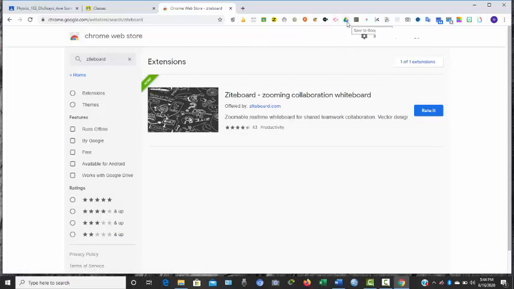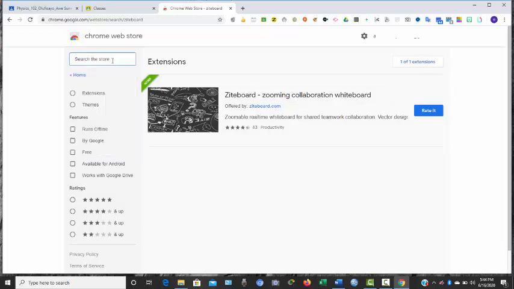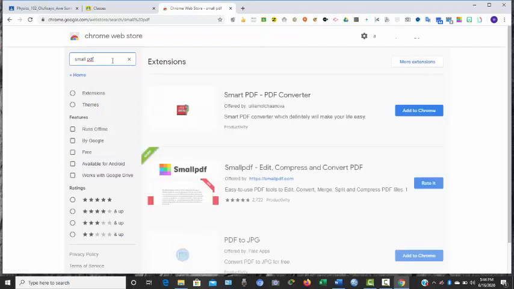Like this is my Google Drive now. You can easily save documents to it and easily access what you have in the place. Then another extension that is very important for us to install is Small PDF. You will type Small PDF. With this, you can access, save and convert from Word to PDF, and from PDF to